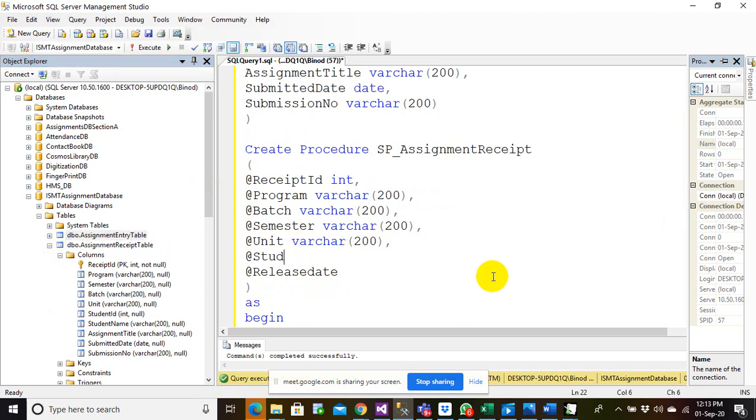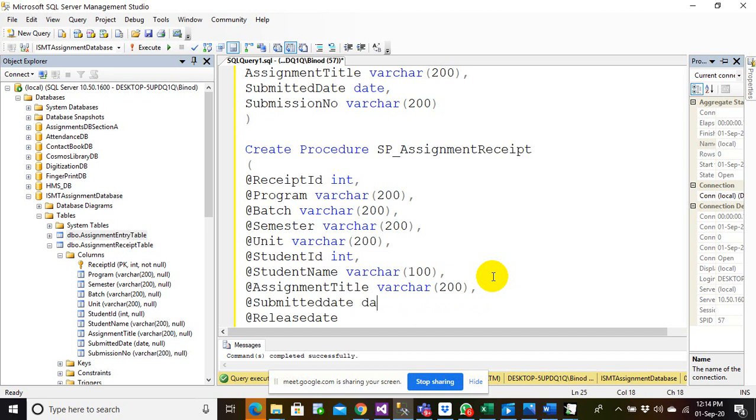At the rate student ID, at the rate student name, at the rate assignment title, at the rate submitted date, and at the rate submission number.